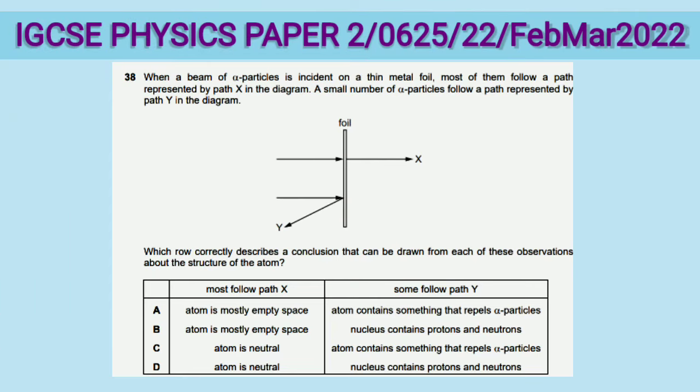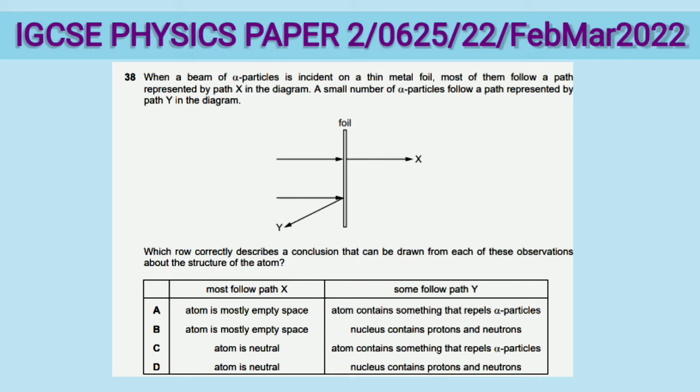Next question, question 38. When a beam of alpha particles is incident on a thin metal foil, most of them follow a path represented by path X in the diagram. A small number of alpha particles follow a path represented by path Y in the diagram. Which row correctly describes a conclusion that can be drawn from each of these observations about the structure of the